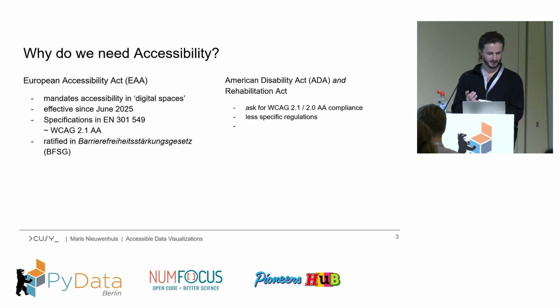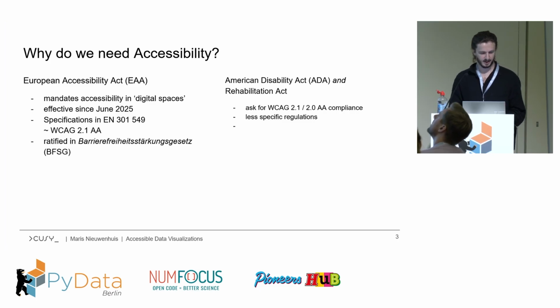If you never heard of WCAG, this is the accessibility guidelines published by the W3C, and W3C is the consortium basically publishing all web standards. And this EU regulation has already been ratified in Germany in the Barrierefreiheitsstärkungsgesetz, beautiful word. And